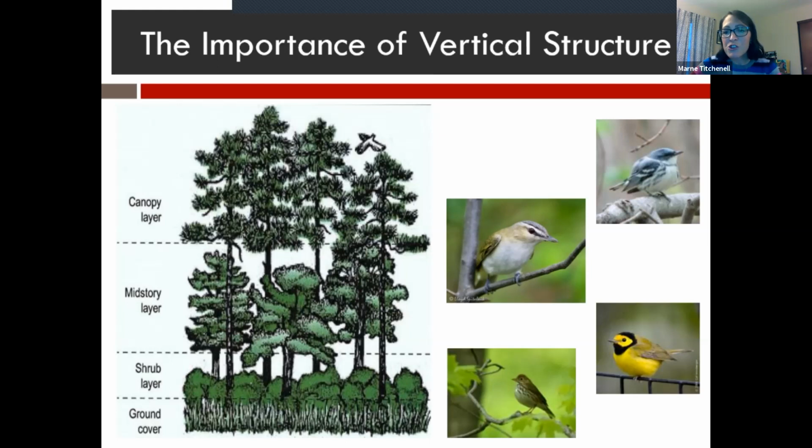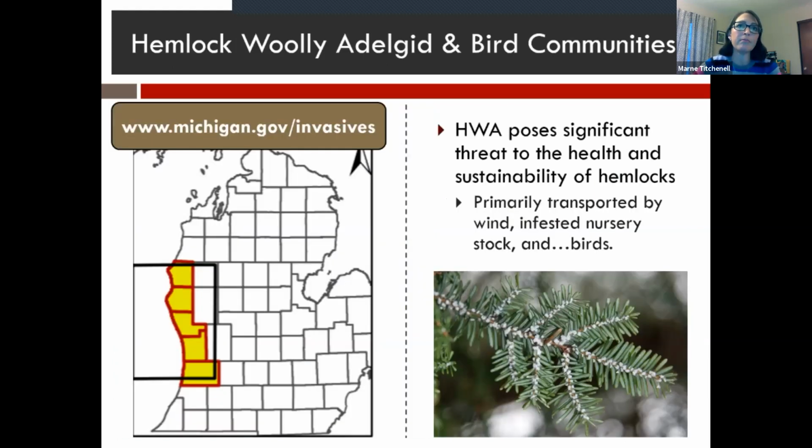Bottom line is that the structure of the forest is really important to our breeding songbirds. And that structure can really be altered by the invasion of non-native invasive plants. And so transitioning into that discussion, I'll show you an example of this. And so here we're going to look at an insect. We're going to look at the hemlock woolly adelgid and the impacts it's having on bird